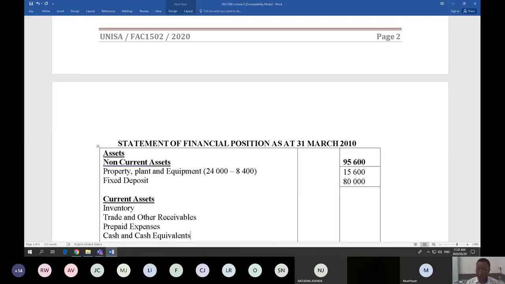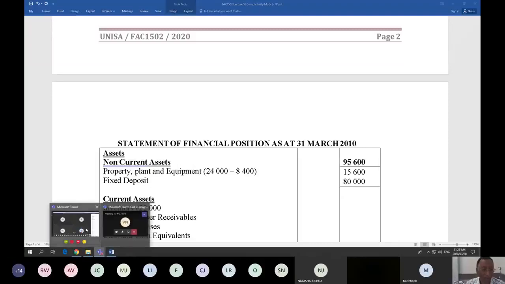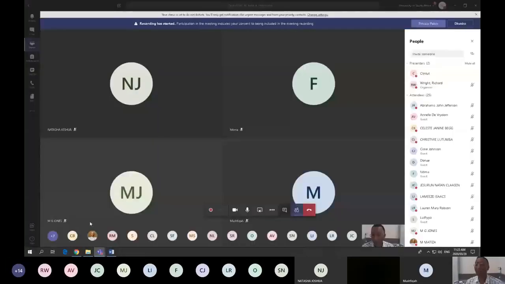So, as far as our inventories is concerned, your inventory will consist of your closing inventory, which is displayed in your trial balance, where your closing inventory was 22,000 Rand. That's the value of your stock at the end of the year. But if you want to